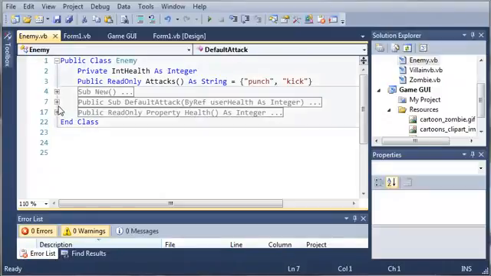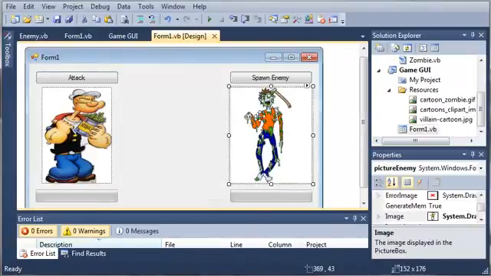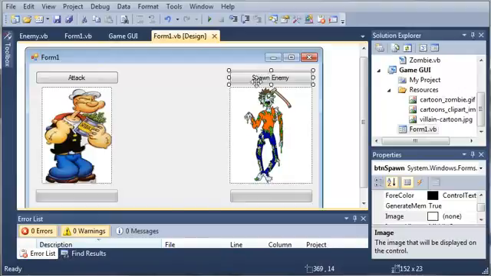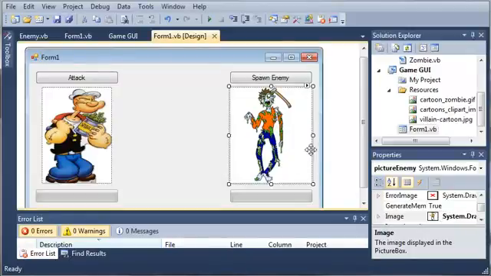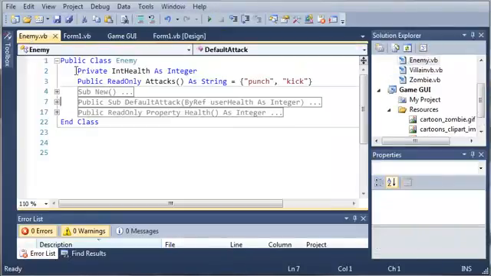In this tutorial we're going to be working on the game. If you remember from the previous tutorial, we had it randomly generate an enemy whenever we click spawn enemy. You can see I set the image of this to a zombie at the beginning because I added some stuff to the